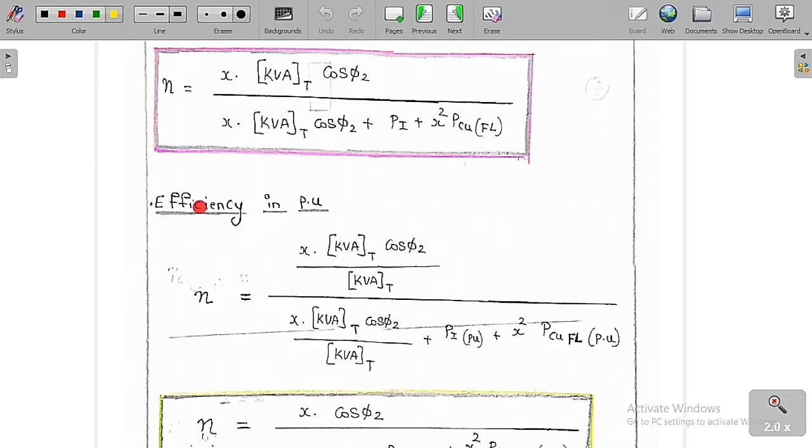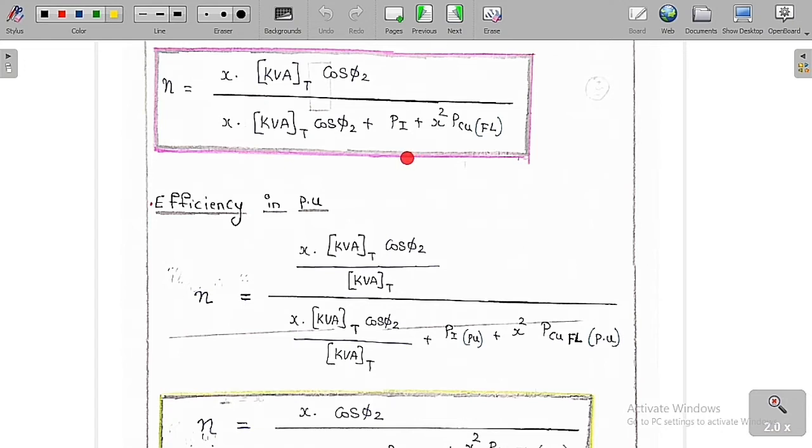Now we will see what the efficiency is in the per unit system. The numerator and denominator I will divide by the kVA rating of the transformer. Then I will see what I am going to get: X into kVA rating of transformer into cos phi 2 by kVA rating of the transformer, by X into kVA rating of the transformer into cos phi 2 by kVA rating of the transformer plus